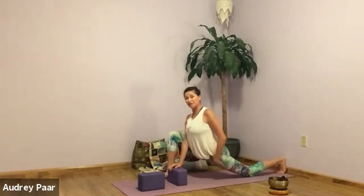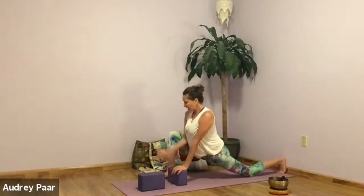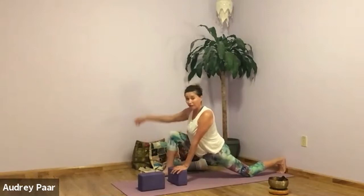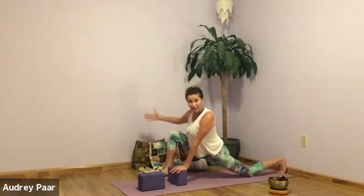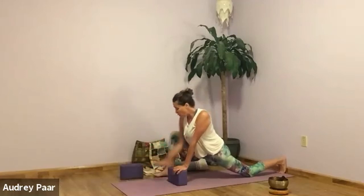So we're really getting into the hip flexor now on the front side of that left leg. And try to keep hugging your right knee in. So your right knee might be super wide, no problem, but the intention is drawing it in. So you're using those adductors, your inner thigh. Good, and then from here, turn that right foot out to about 45 degrees and then roll out toward the